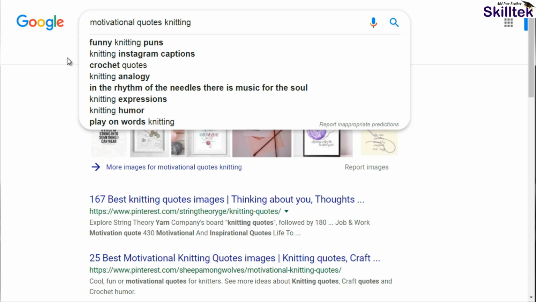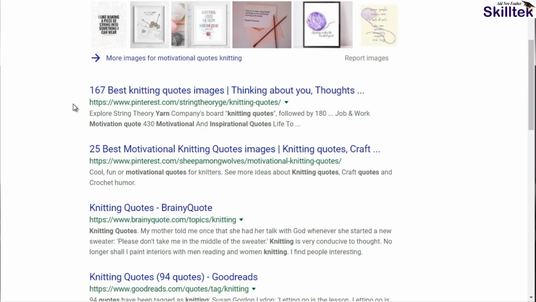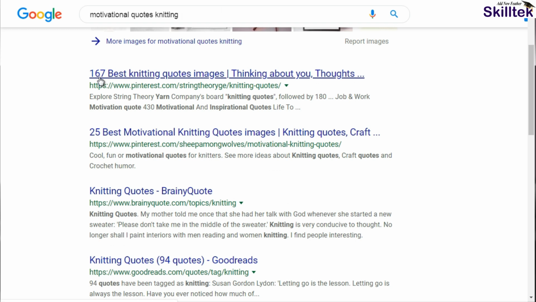Another keyword term that we would recommend that you use is motivational quotes, or even quotes space the keyword of your niche. So as you can see, motivational quotes, knitting, we can see other variety of search terms here. But if you scroll down, you'll see other things like this: 167 best knitting quote images, 25 best motivational knitting quotes, and all this. So what you're trying to do is simply, for now, get an idea of the images,